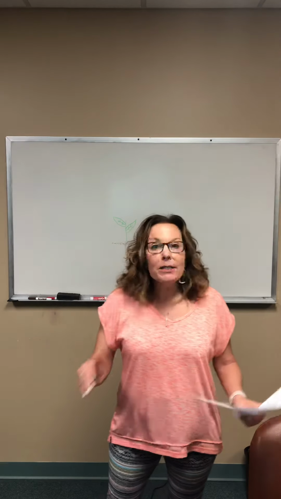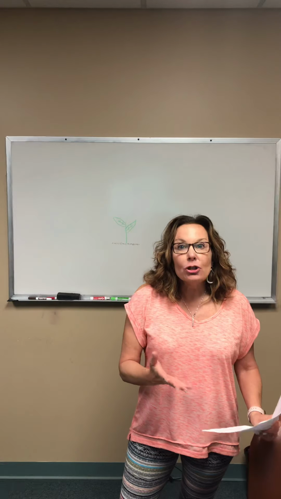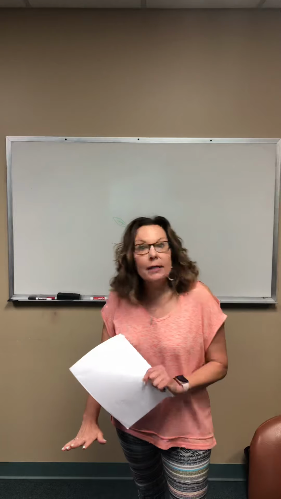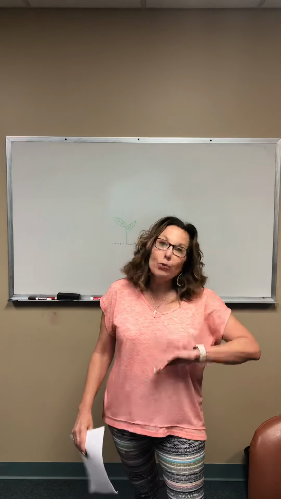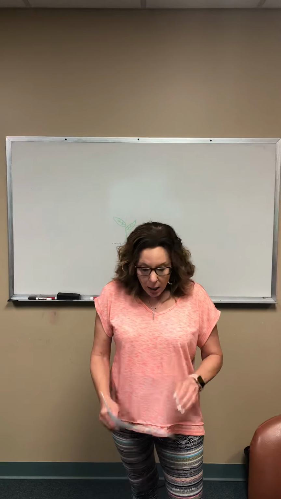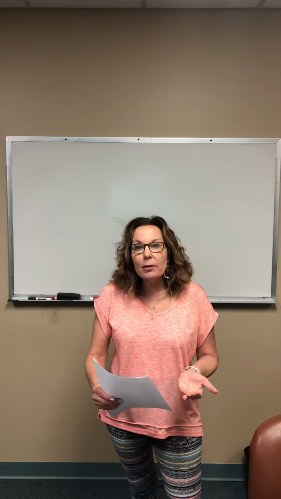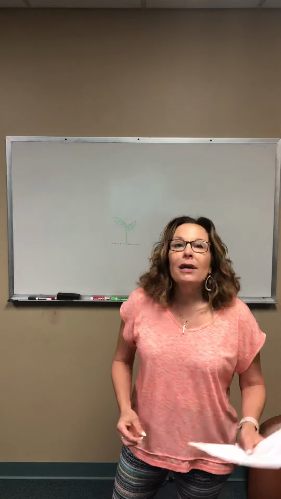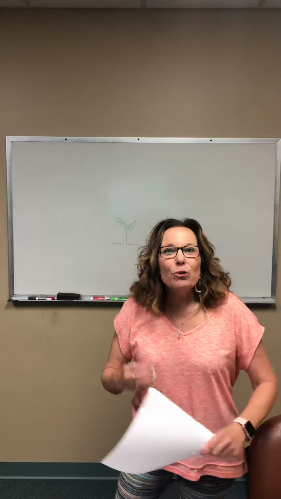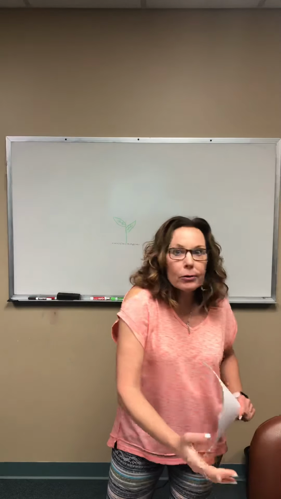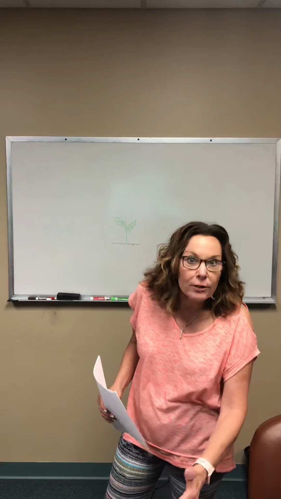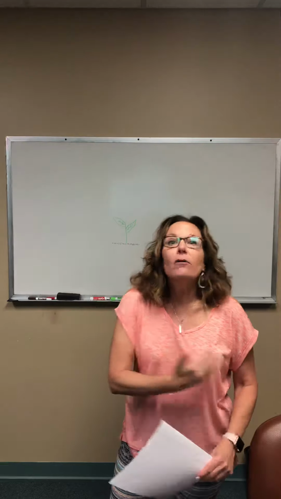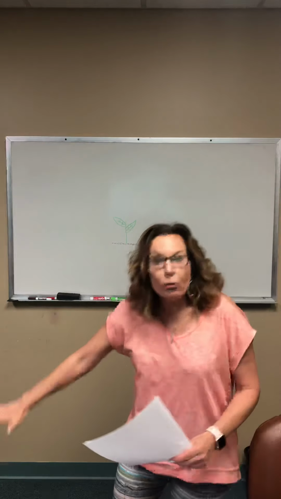I want to sequence my activities. I want to start with low trust activities, where the child is not risking anything physically or emotionally, and move to high trust. A low trust activity would be something that involves just a name game, right? Or something where you're just telling your favorite color or your favorite flavor of ice cream. High trust would be talking about emotions or talking about a tough time in your life. So, low trust to high trust.